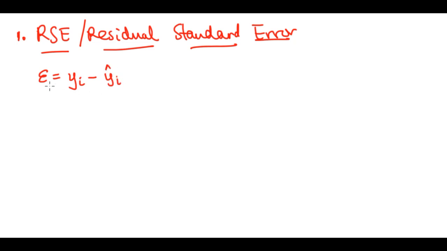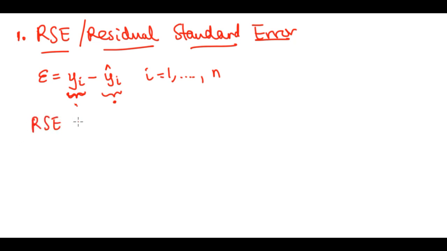So the error term is just the actual y minus the predicted y. If it's sales of a product, it's saying the actual sales minus what we predict with our model. That gives us an error term for the ith observation, i equal to 1 up to the n observations that we have, right? So error terms make it impossible to perfectly predict y from our x because of so many error terms, right? So the RSE,